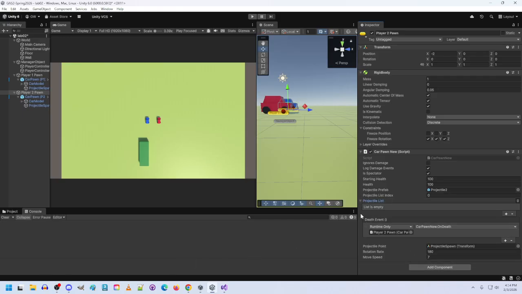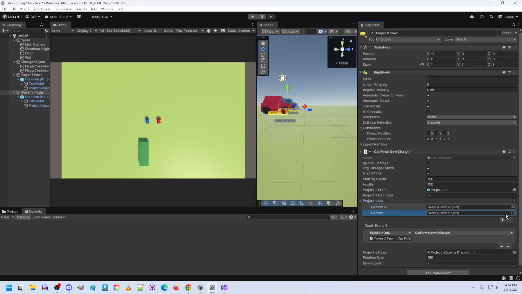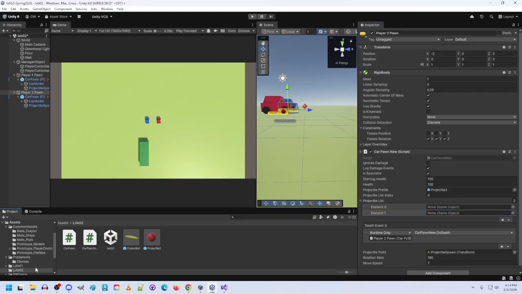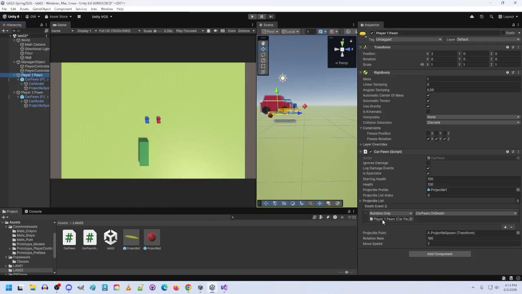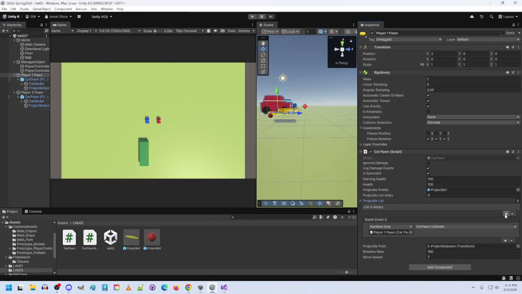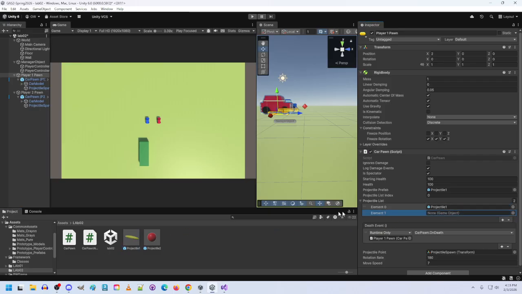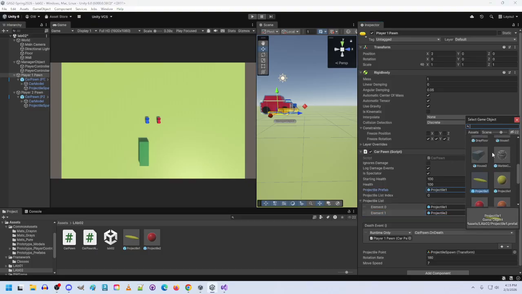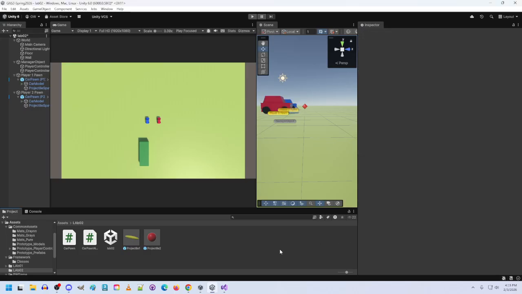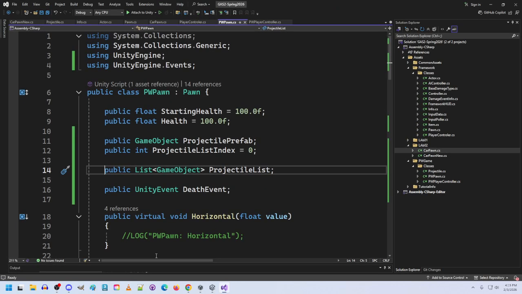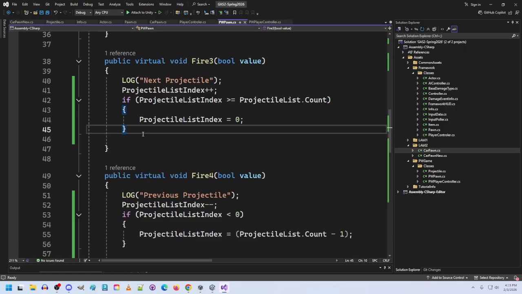Let's go to the projectile list, and I'll put 2 in here. So I'm in player 2. I'm going to do projectile 2 first and player projectile 1 second. I'll do projectile 1 first here, and then I can actually go and, let me see. So this allows us to do